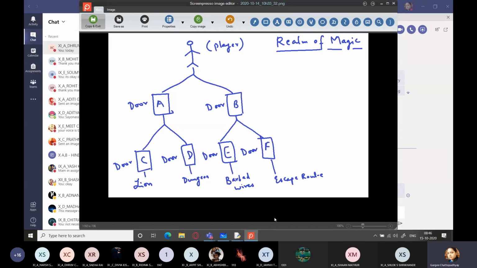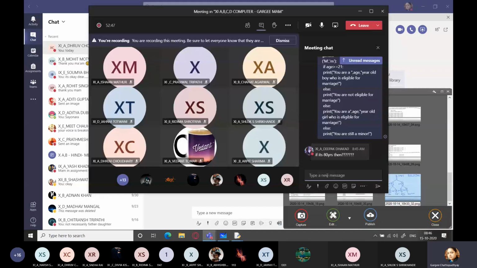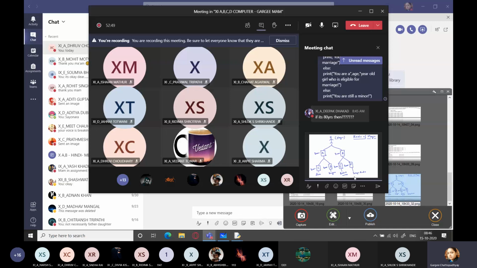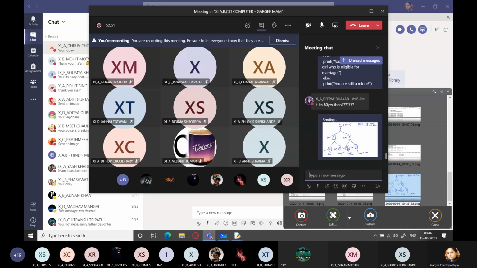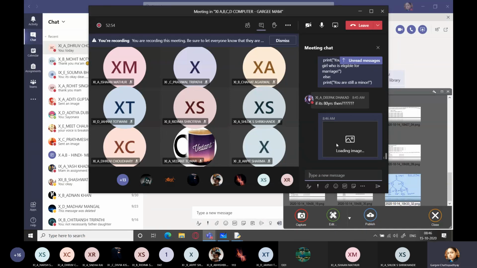Okay. Wait a second. Yes. And here it is. Okay, so I've sent this to you. Draw its flow chart and write its program. Okay. So, and please use some nice words, nice fancy words, right? That is something like, if it is a dungeon, it should create some fear. If it is an escape route, it should give some hope to the person, right? Something like that. If it is 80 years, okay, Deepak,